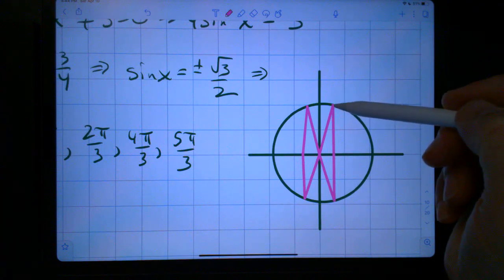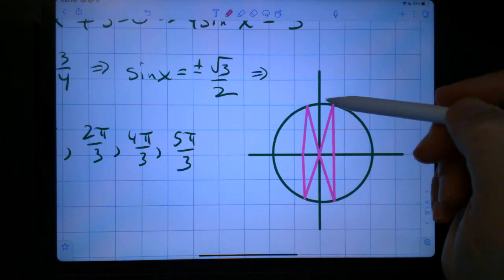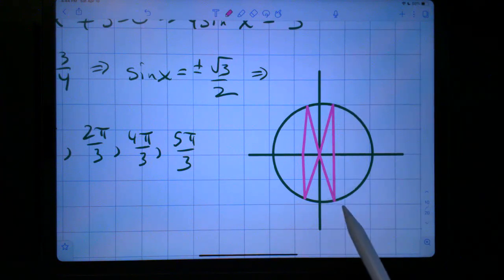So here's when x is plus radical 3 over 2, plus radical 3 over 2, minus and